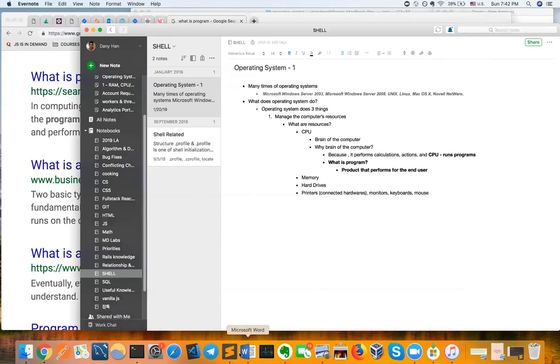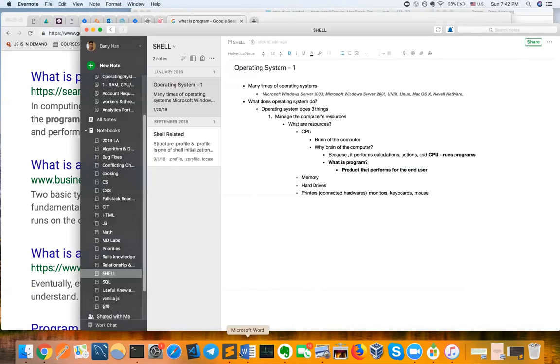And what does a browser do as a program that I install? I could install Google Chrome, or Safari, Firefox. I could download any of these types of programs. But what does it do? It makes URL calls and then gives me the website that I need to see.